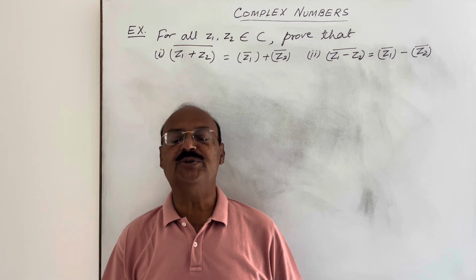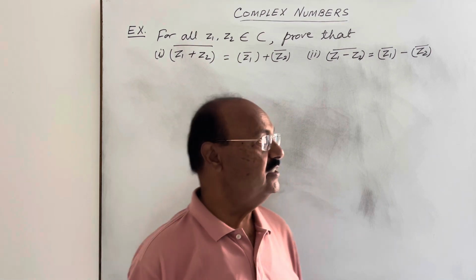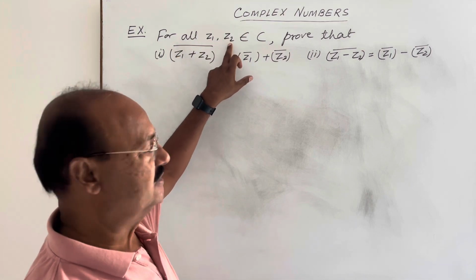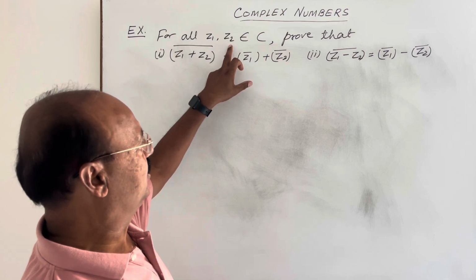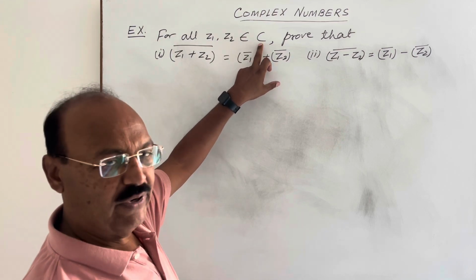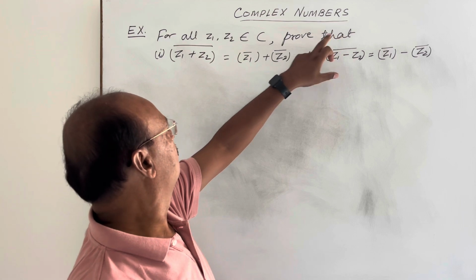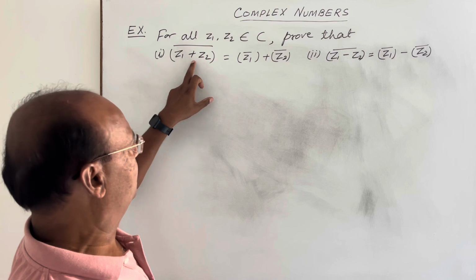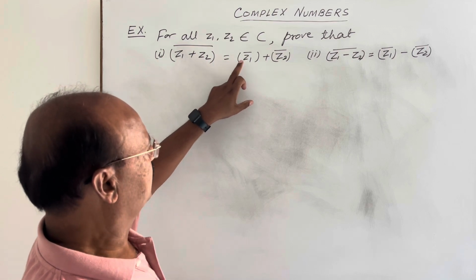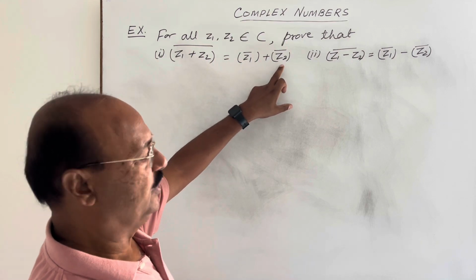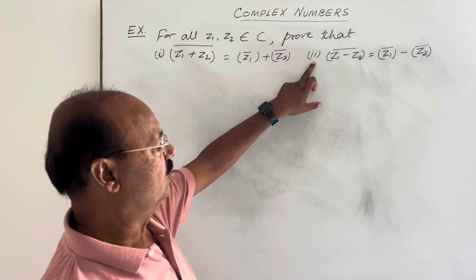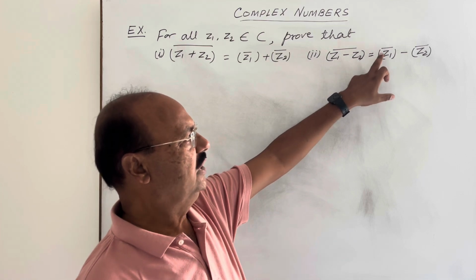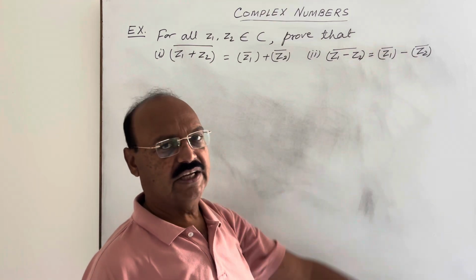Question is related with conjugate of a complex number. Here, Z1 and Z2 are complex numbers. For all Z1 and Z2 belonging to the set of complex numbers C, prove that, first part, conjugate of Z1 plus Z2 is equal to conjugate of Z1 plus conjugate of Z2. And second part of this question, conjugate of Z1 minus Z2 is equal to conjugate of Z1 minus conjugate of